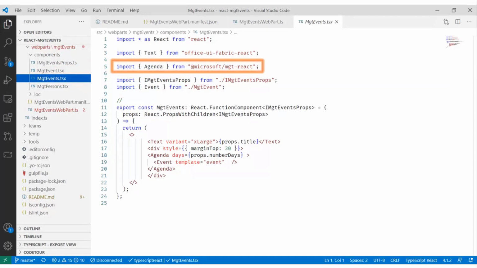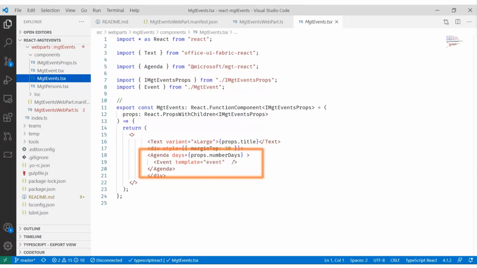You remember when I was in the playground, I was showing the mgt-agenda component. If you're using the React version of the Microsoft Graph Toolkit, you don't need to prefix everything by MGT. It happens to know, right? I'm here, I'm the agenda component, and it knows how to render it. And then in the web part, I know this is very deceptive, but all that Joao does is he passes the agenda control, he tells it the number of days that he wants to display, and he passes a template. One of the cool things about MGT is you can